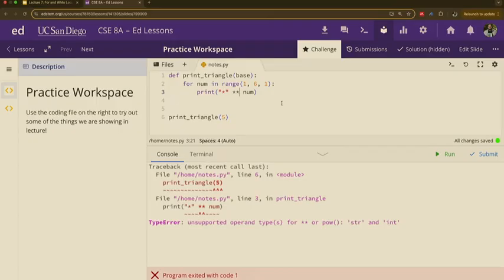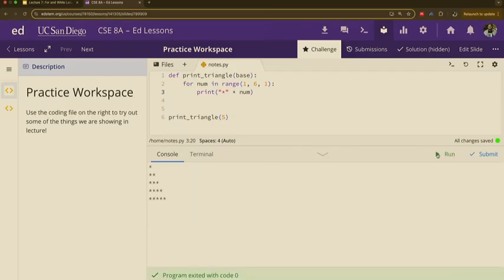Can you multiply integers with integers? Yes. Can you multiply floats with floats? Yes. But can you multiply strings with strings? What's Ismaili times Ismaili? We can't really do that, right? So instead of doing the exponent, what we can do is a multiplication, right? Because we can multiply, what's Ismaili times 2? That's 2 Ismailis. What's Ismaili times 5? That's 5 Ismailis, right? So let's try that out. Let's run it. Oh, great.